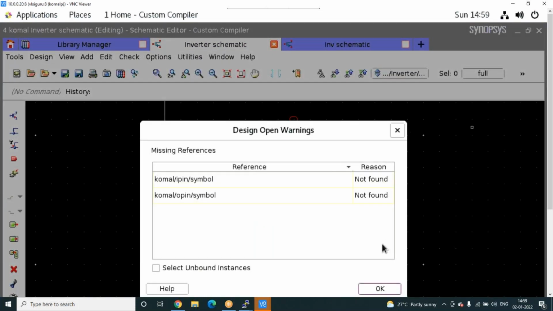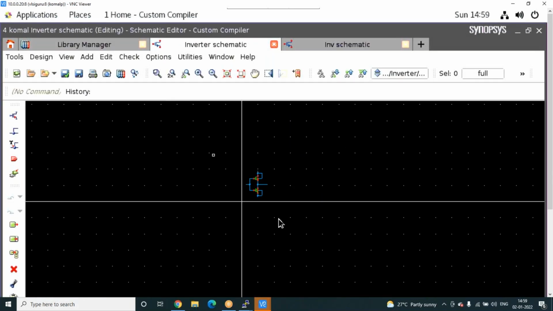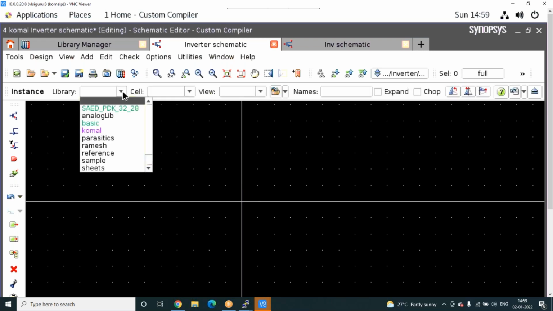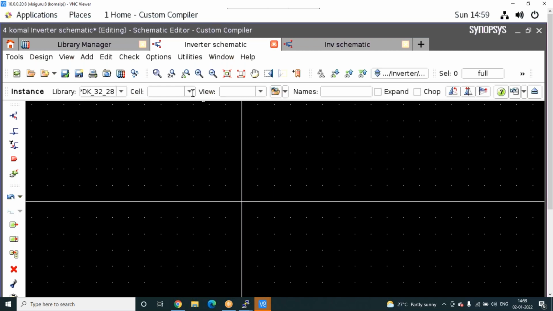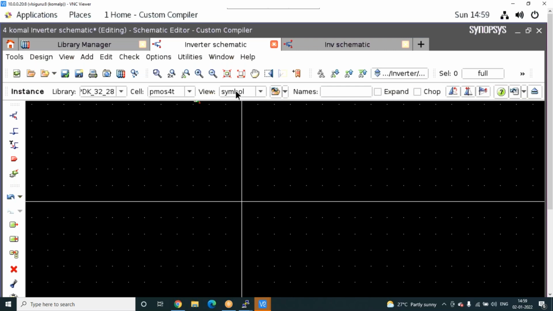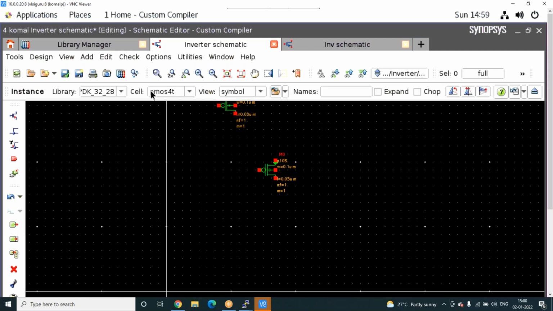How do you do it? Take an inverter. Initially, how to design an inverter: you need a PMOS and an NMOS. PMOS has 4 terminals. If you see the symbol, this is the schematic we are designing. Now the NMOS port.